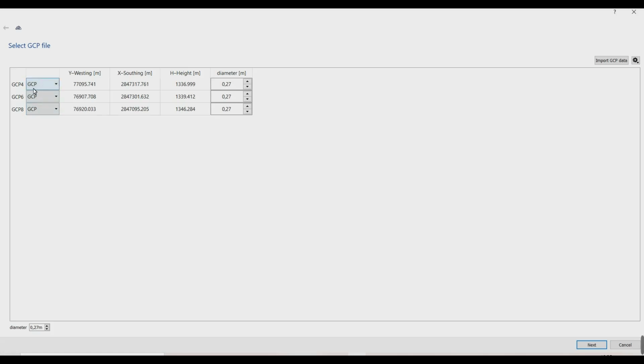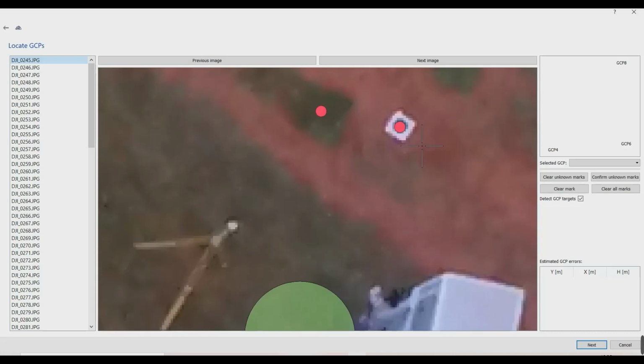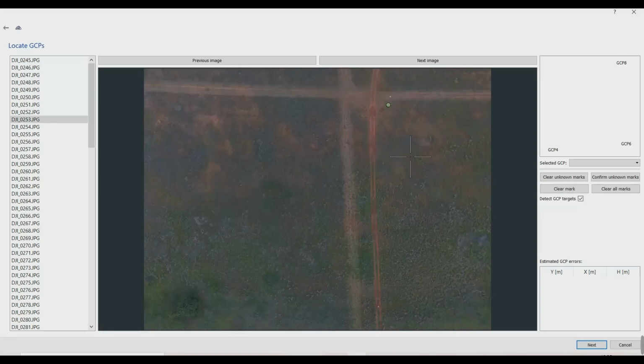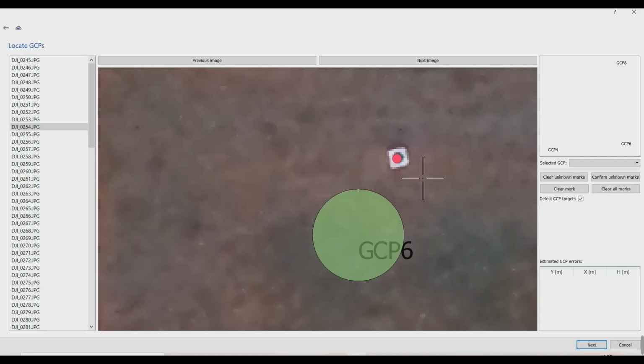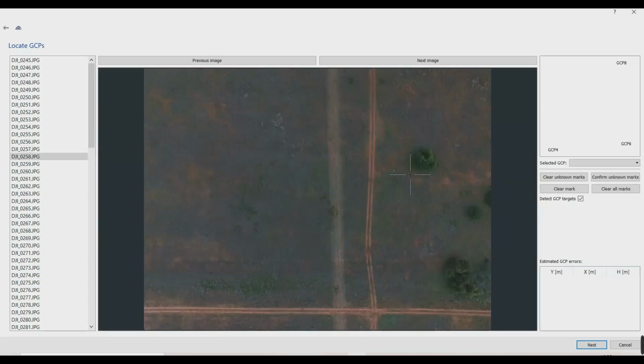And over here you can see that there are GCPs or validation points. We're going to keep everything as actual GCPs. I'm going to say next. And over here we're going to select our first real GCP. And then just go down and select our second GCP. Okay, and then